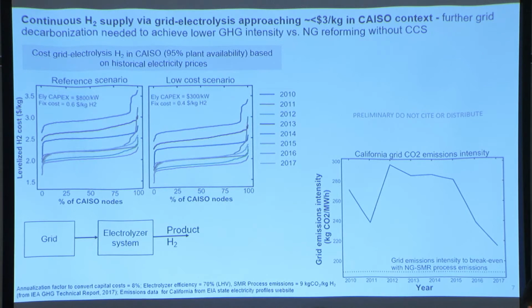high. So even in California, which is one of the greenest states in the US, when we look at these numbers and then calculate the CO2 emissions intensity, we are looking at around 240 plus kilograms of CO2 per megawatt hour of hydrogen. And when we compare this with natural gas SMR without carbon capture, we are still much higher than the SMR case. So the current grid is quite dirty, and what we can think here is that most of the